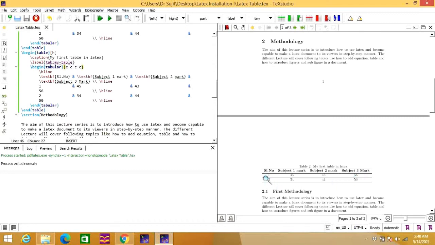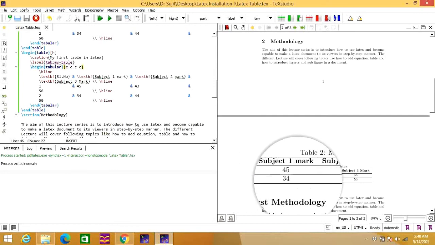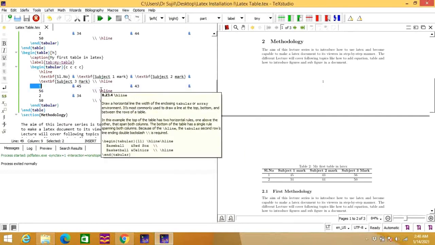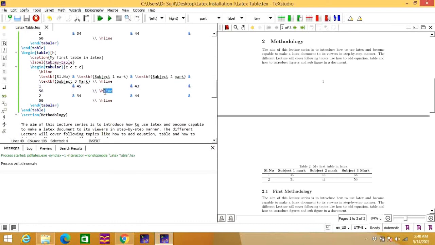And if you want to remove the line between 1 and 2, where 1 is starting from here and 2 is starting from here, in between you can see that there is an H line here. So if you remove this line, you can see that the line in between 1 and 2 is going to disappear.